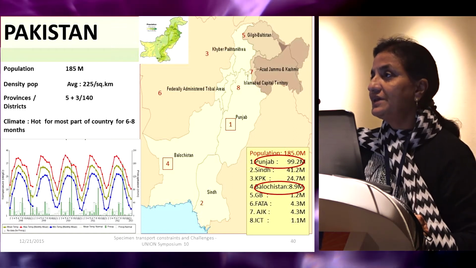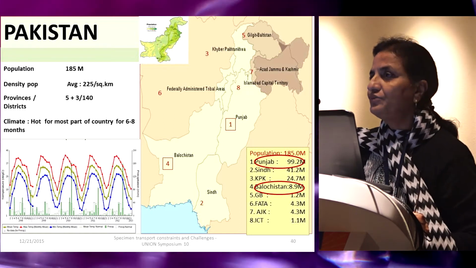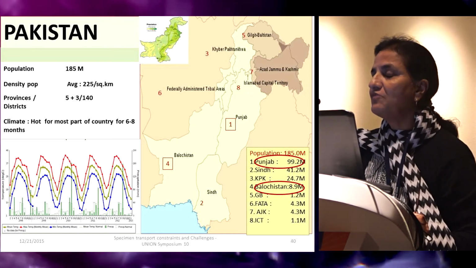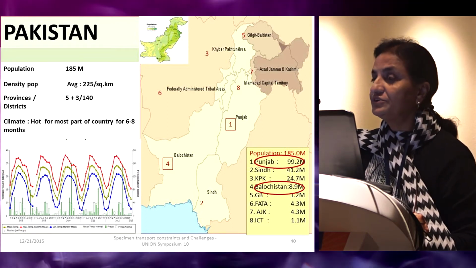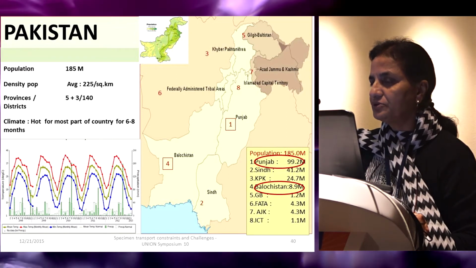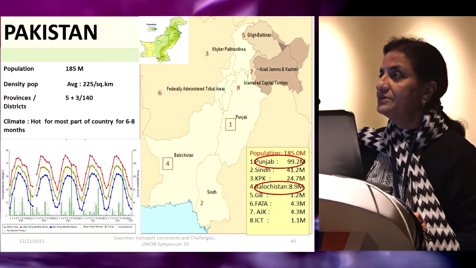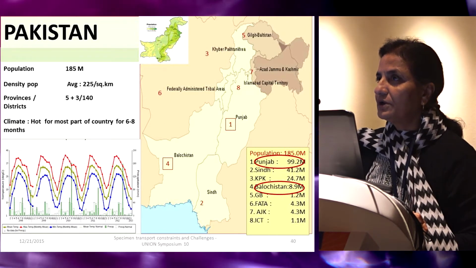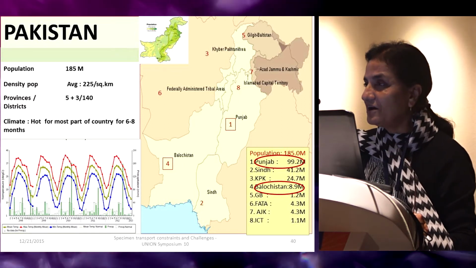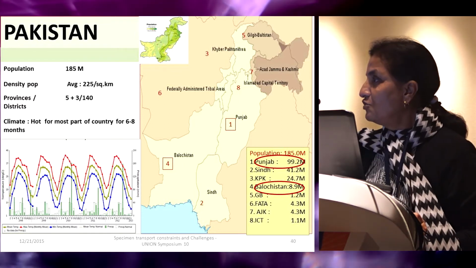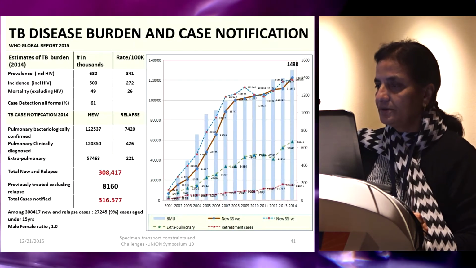It touches, the average is 35 degrees centigrade, and for 2 to 3 months, it would touch above 40 degrees. So its temperatures are really challenging for specimen transport if it is kept at room temperature. And secondly, we are also facing quite a lot of power shortages. For the large cities, it's around 8 hours that we don't have any power, and for the smaller cities, we don't have any power for 10 to 12 hours.